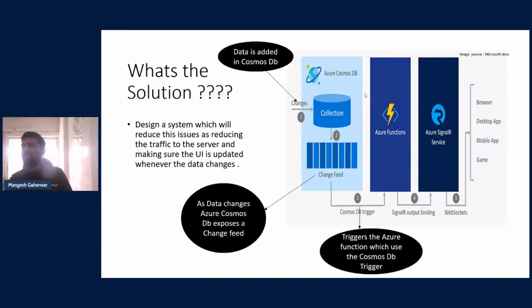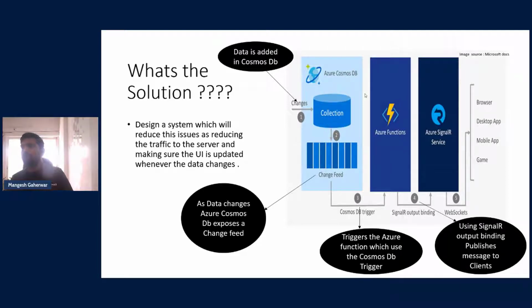Then third step would be, whenever this change feed occurs, it will trigger the Azure function, which will use the Cosmos DB trigger.